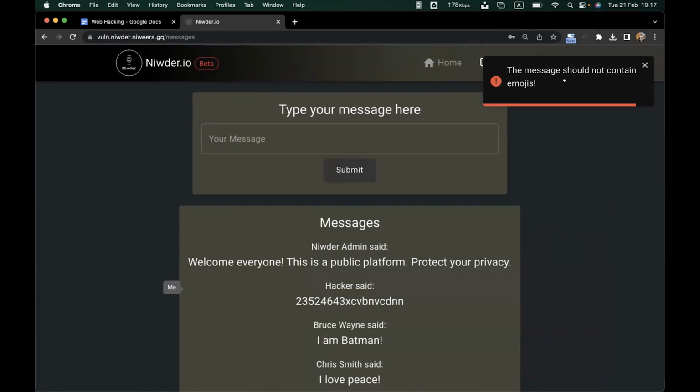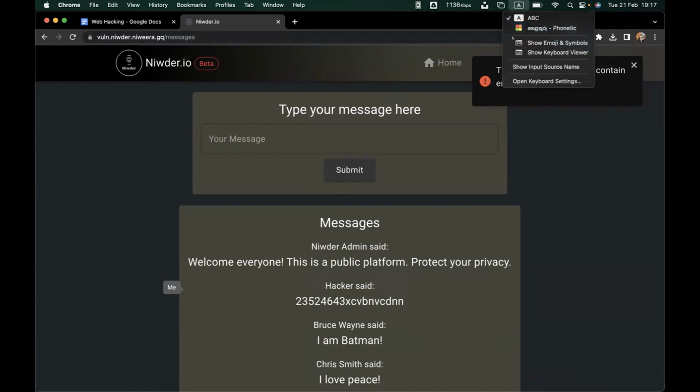This is a good finding for the hacker. So the hacker knows that this platform doesn't like emojis. What he or she is going to do is bombard this system with these emojis and try to break the system, or try to see what happens. So they will add several emojis here.